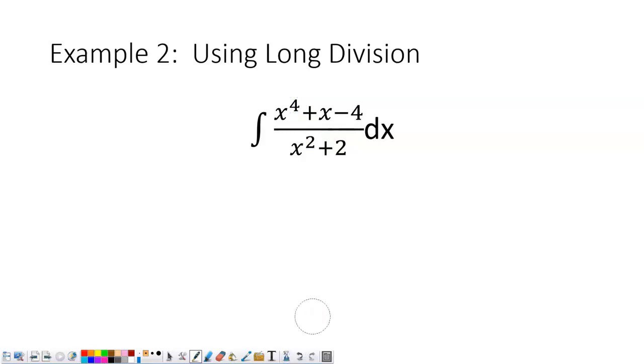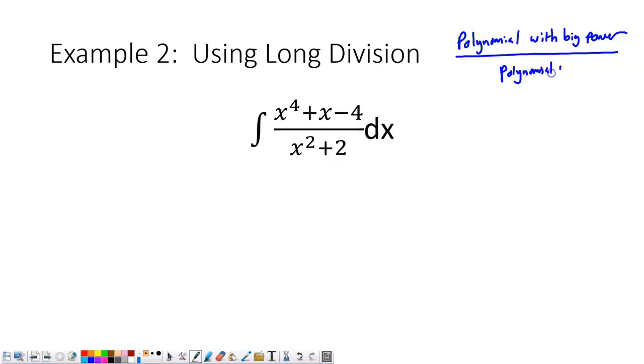You would want to consider using the long division one whenever you have a polynomial with a bigger power being divided by a polynomial with a smaller power. So, in the example that we did in the beginning where we split the numerator, the